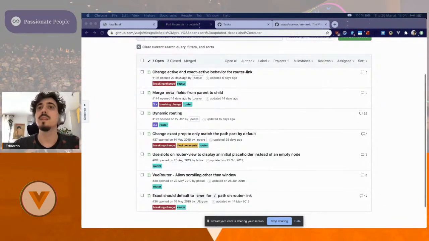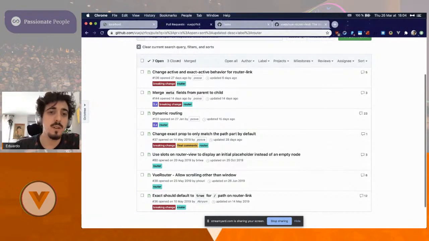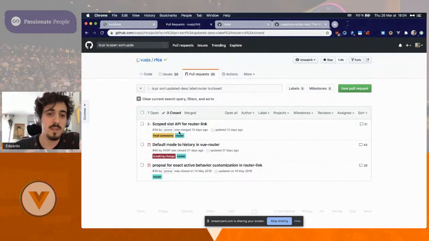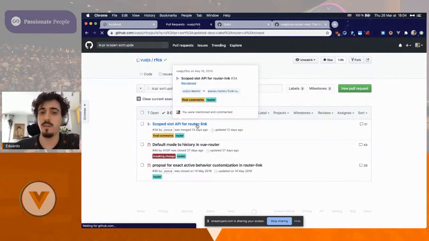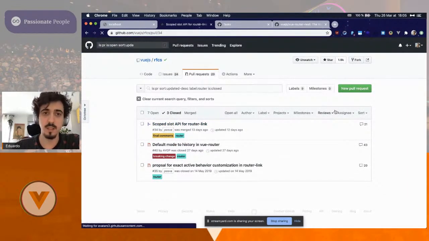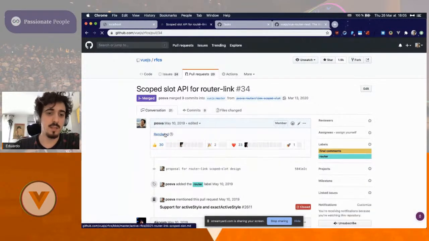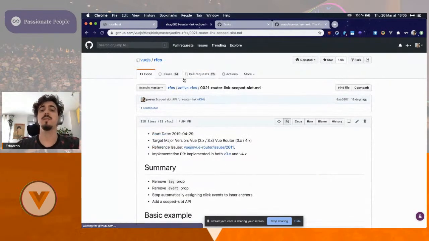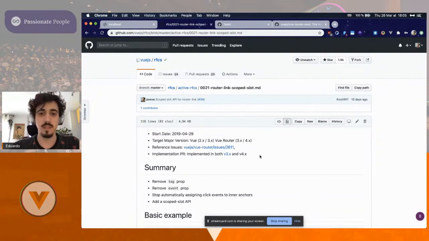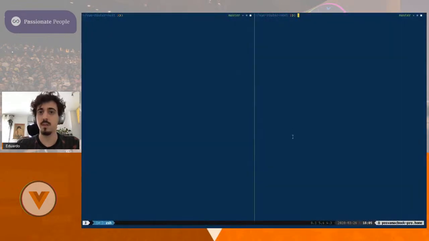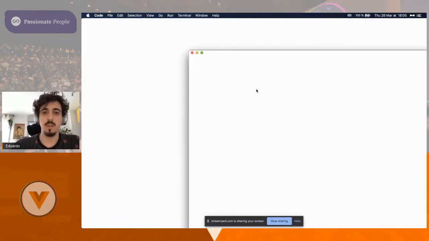So let's talk about the one that is merged. The one that is merged is available on the current version of Vue Router, which is the Slot API. The thing is, now that we have the Composition API, we can also get it through a simple function. So this opens some possibilities. So for example, we go here, let's open it.